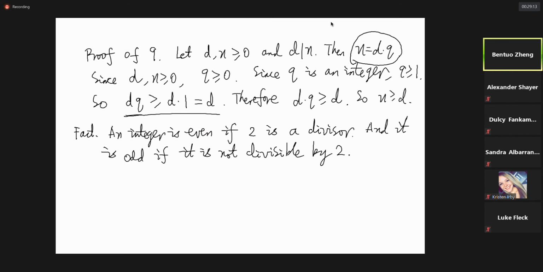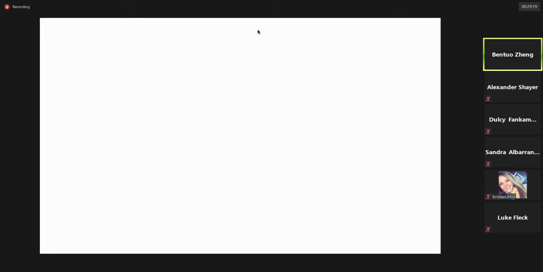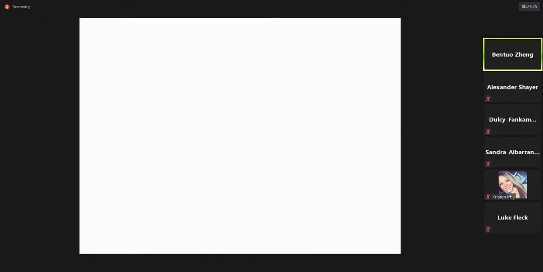Okay, now let's look at another lemma. So I'm going to write in the next page. So the lemma says that if d divides a, then negative d divides a, and d divides negative a. So the second property is if